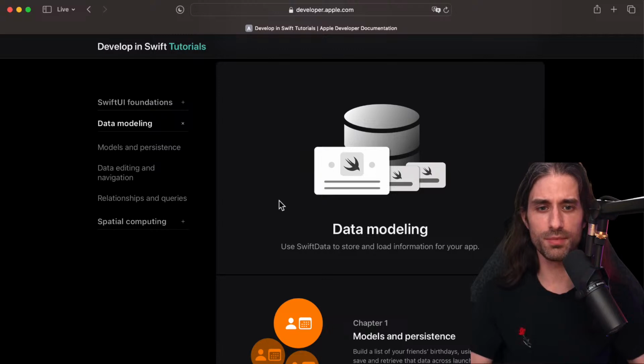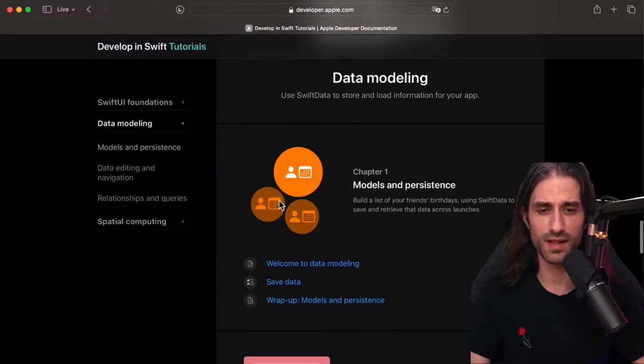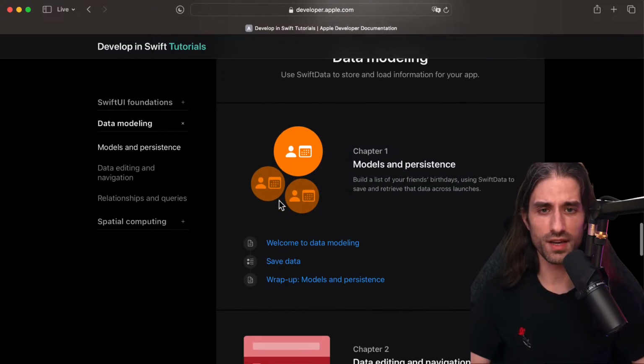Because I didn't mention it, but Swift Data, as the name suggests, is a framework to handle data. And by handle, I mean in the sense how to persist data that will be saved both across launches of your apps, but also I think across devices, because I think that Swift Data supports syncing data through iCloud. We'll see whether the tutorial mentions this more advanced use case.